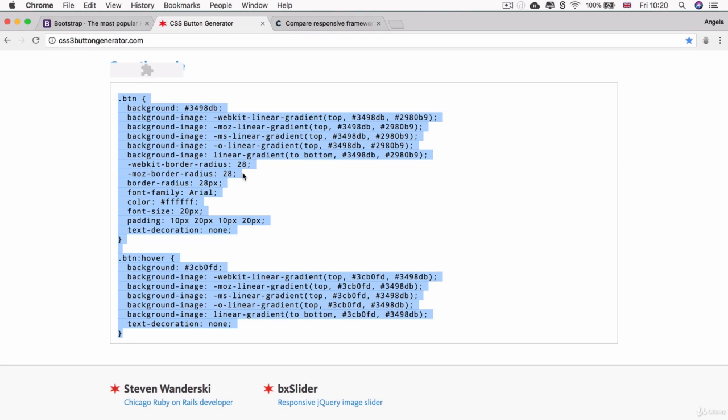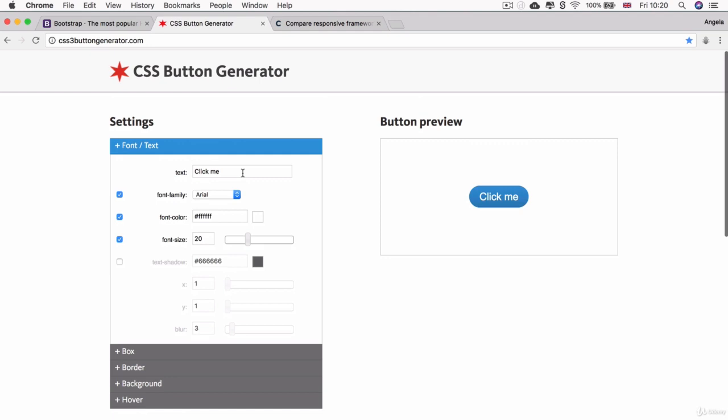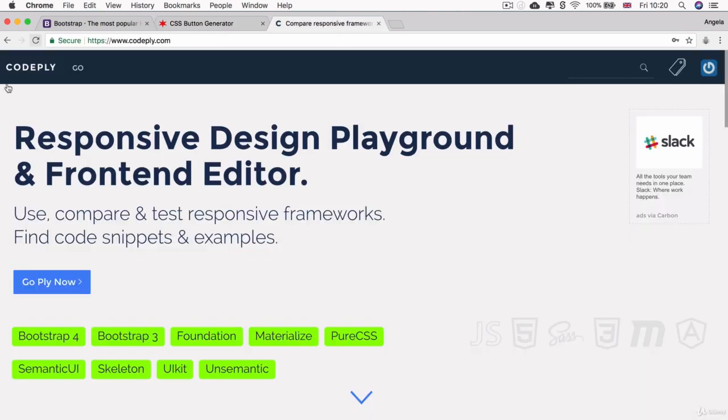What about things that are not buttons? What if you wanted a slider or a navigation bar? Then, if there isn't a generator out there, you would have to write all of this code yourself. Now, if we copy this code and we go over to CodePlay, and the reason why we're using CodePlay rather